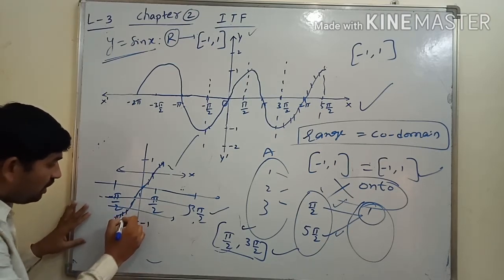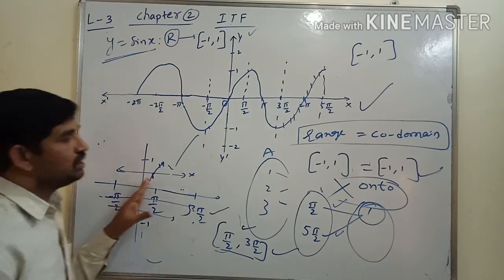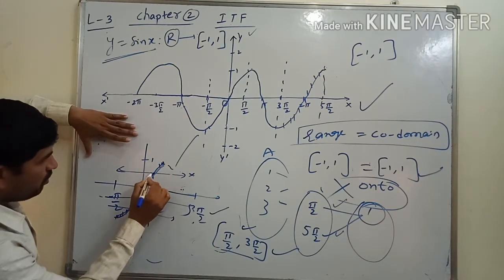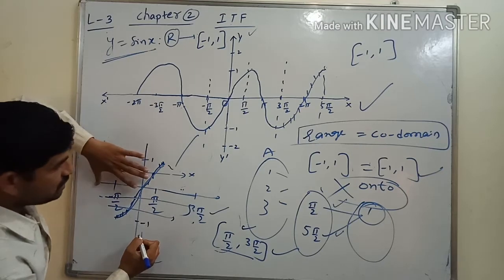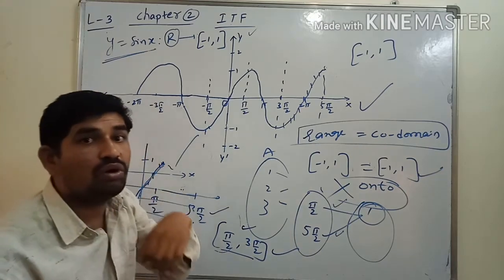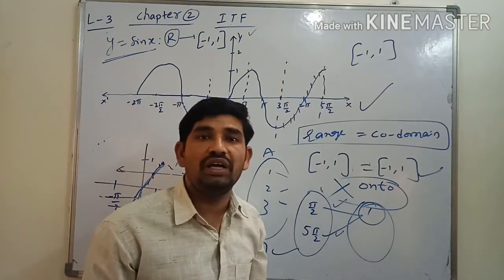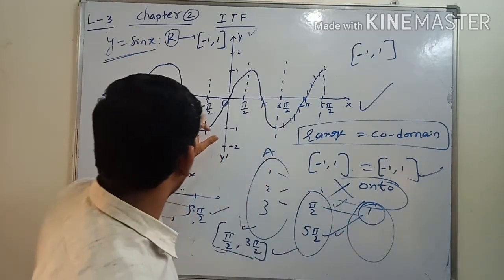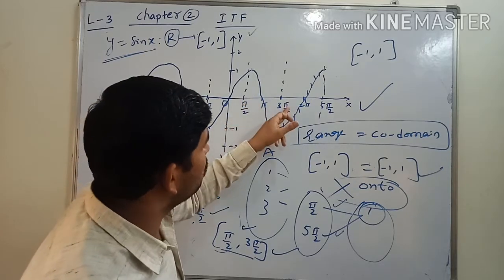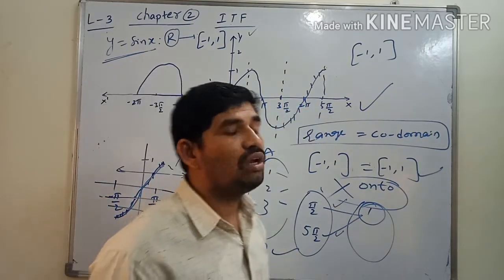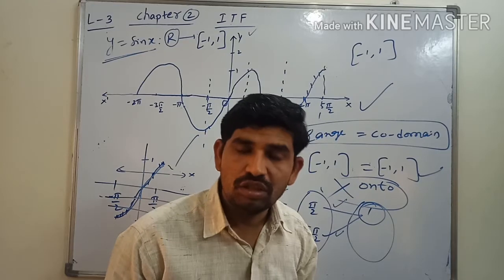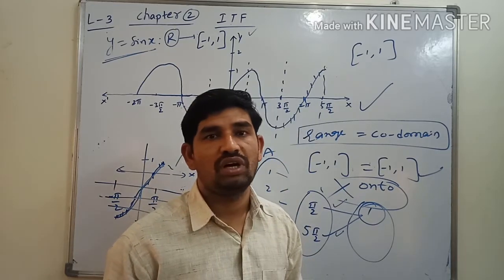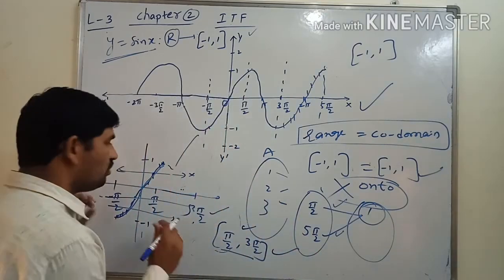Suppose we are taking minus pi by 2 to pi by 2 also, I am going to say clearly, in between minus pi by 2 to pi by 2 also the graph is giving the result that it is a 1-1 function. So finally, suppose we are taking any interval, not only minus pi by 2 to pi by 2, but minus pi by 2 to 3 pi by 2, like that we are taking one of the intervals, one of the branches, definitely the result is a 1-1 function.